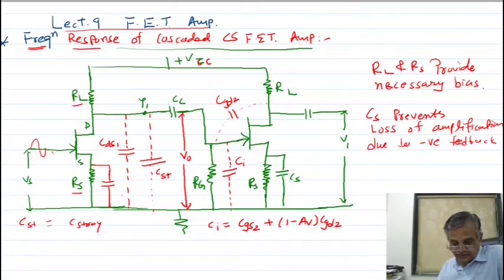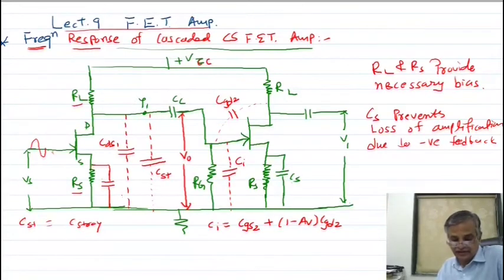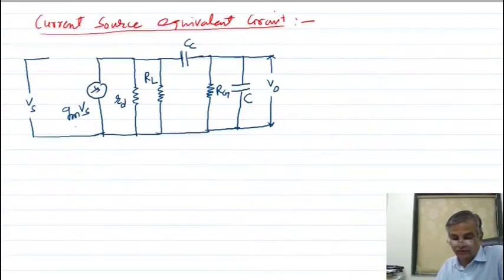See, this is Vs I have shown. This works as a current source. So this current provides what? I, or I can write Gm into Vs. So this provides Gm Vs. This is as a resistance Rd. So you can see here Rd I have shown. Then this is your RL, which is parallel to this. Already we have discussed in previous lectures. RL.